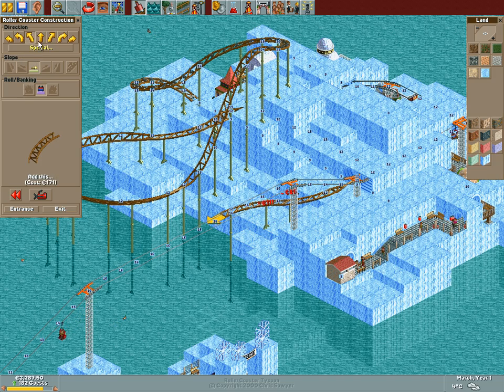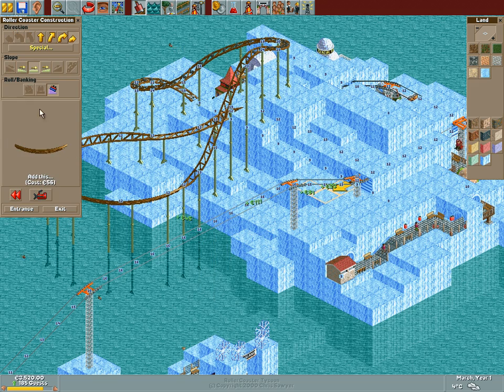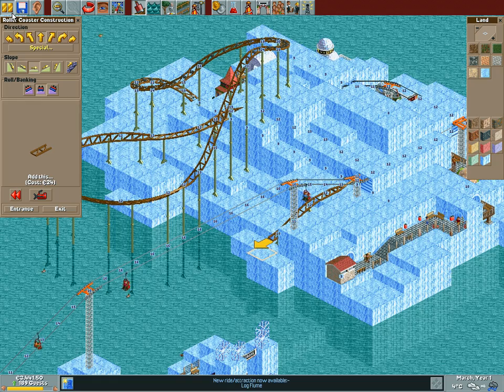I'll try it like this first. Do a helix down. Helix down small. No, that's not working. Yeah, right. Well, that's actually an issue, come to think of it. We do need to go down at least by 2. I know that much. I guess what we could do is...